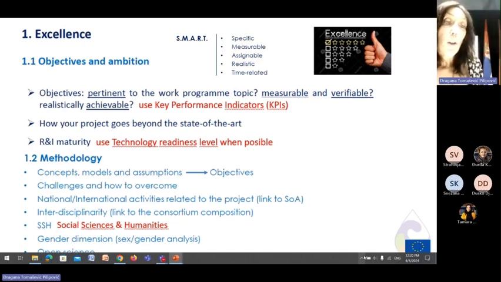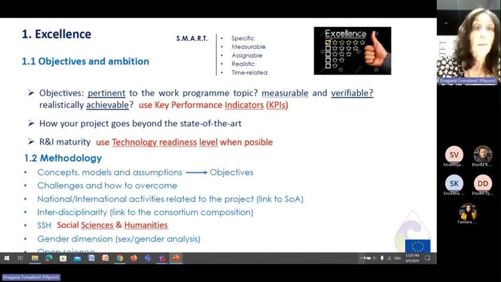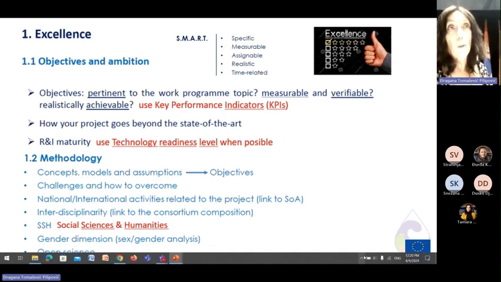Right, methodology. In the methodology, you have to define the concepts, models, and assumptions, and you should relate them with the objectives, right? You have to indicate the challenges and how to overcome them, so you should have a contingency plan. Interdisciplinarity is very, very important, right? This is something that the Commission started from Horizon 2020. They started to